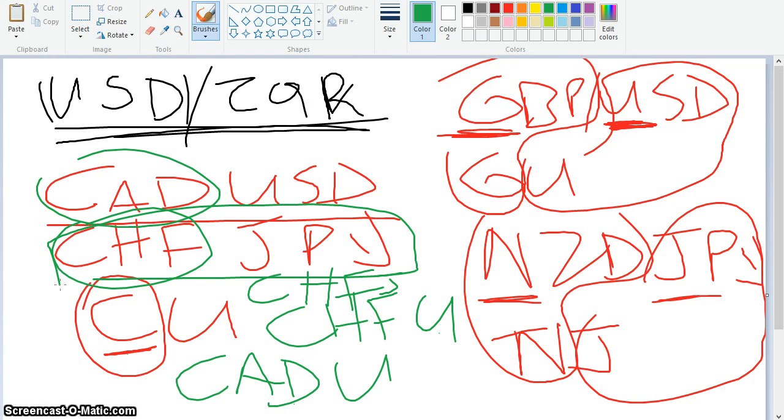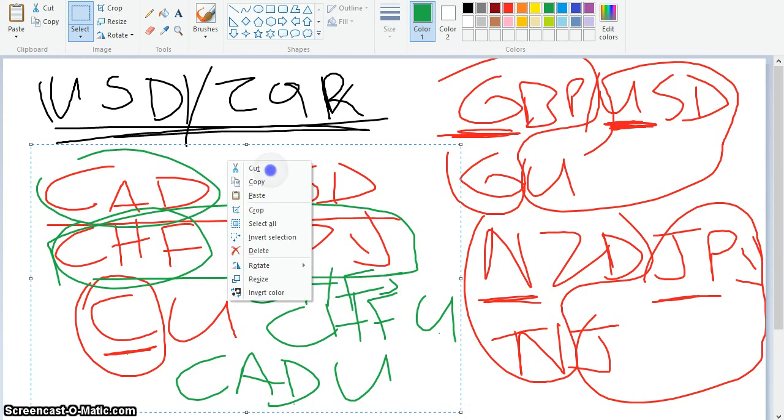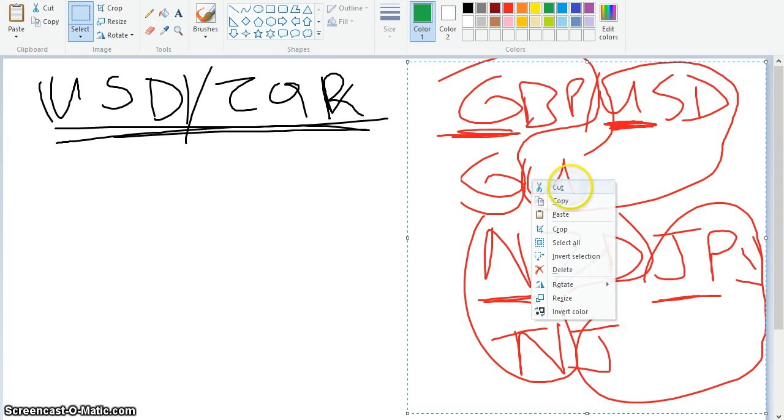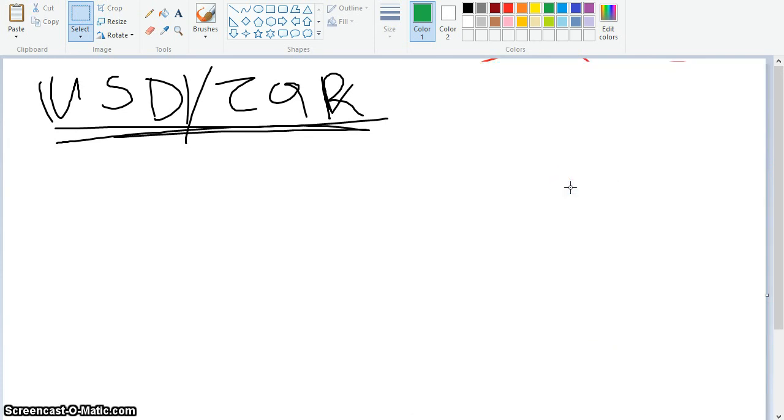So let me cut this off, and then I'm going to show you how you make money by clicking the button buy, and how you make money by clicking the button sell, and what actually happens on the other side. I just want to cut this. I don't want to go to a new page. Okay, so in Forex, we can buy